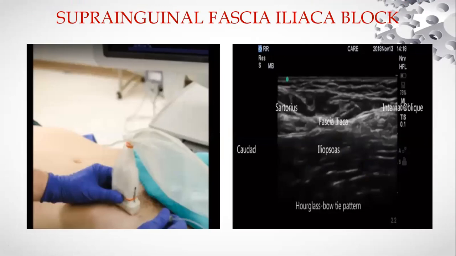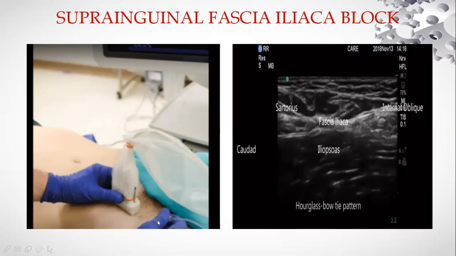So here we can see the orientation of the probe. The difference from the traditional fascia iliaca block is that in the traditional block the probe is placed parallel to the inguinal crease. Here, first the probe will be on the ASIS, and once the bone shadow is seen, you move more laterally with the same orientation of the probe, slightly towards the umbilicus, till you're able to see this constriction of the sartorius and the internal oblique muscle. And then the needle is approached from the caudal direction to the cranial direction.